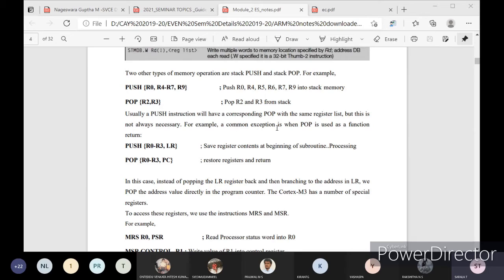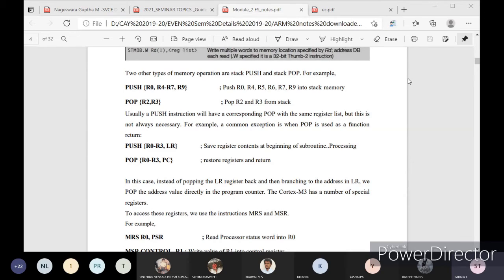For example, a common exception is when pop is used as a function return. See, whenever pop and push operations are done, normally whatever registers are pushed, the same registers should be used for the pop operation also, but it is not necessary that you do the same thing.